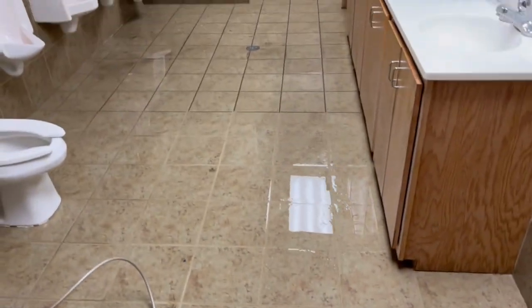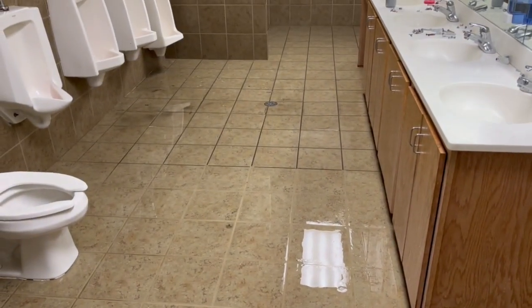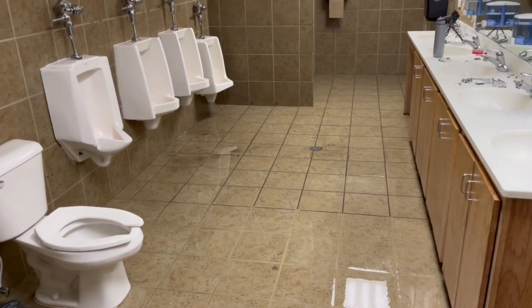But now I'm working on power washing the floor. If you look at the grout, it's all black. And look how much dirt there is. But look at this. Look at the difference. Just power washing it. Turn around and you can see the difference. Look at that. That's power washed. That's not. What a huge difference. So I'm working on getting that done, and then there'll be time to put the stalls